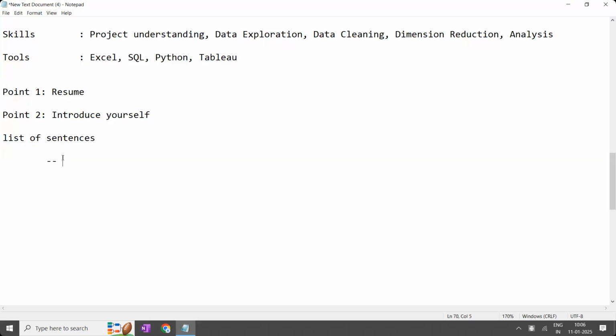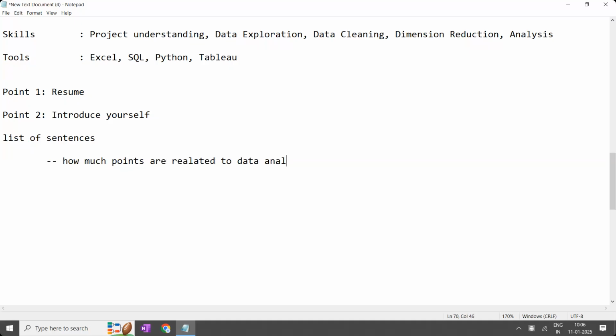After writing the list of sentences, in that, how many sentences or how many points are related to data science or data analyst.